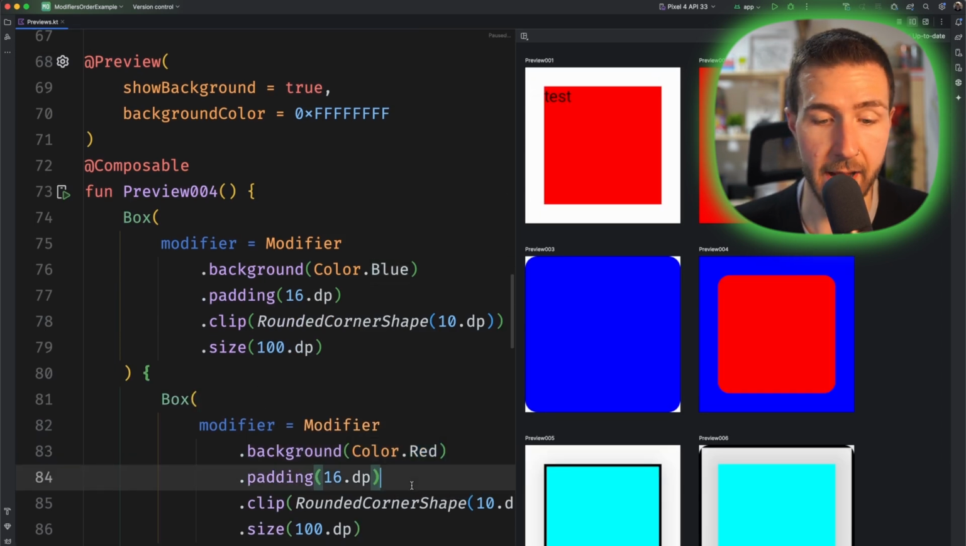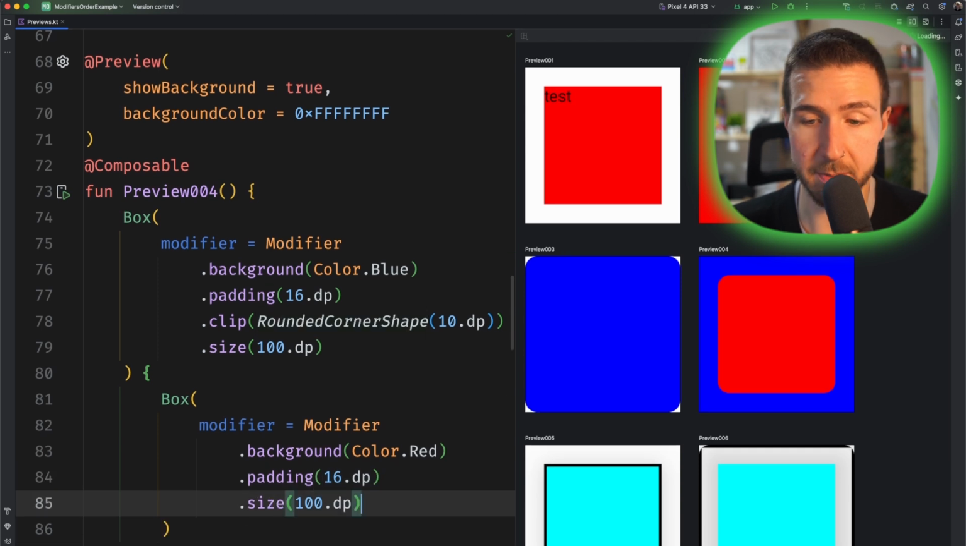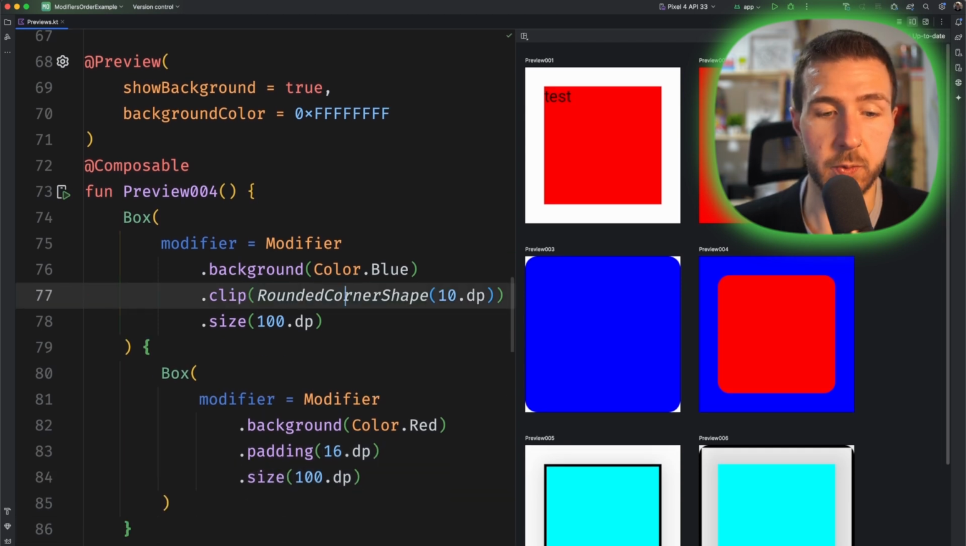and we say that the color is red, and we don't clip it, and we actually also remove the padding here, we can see